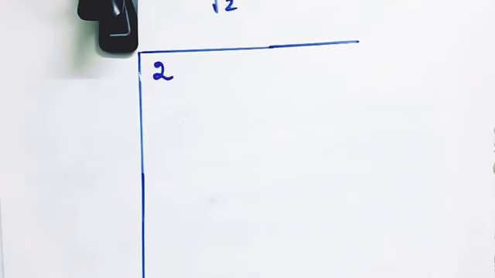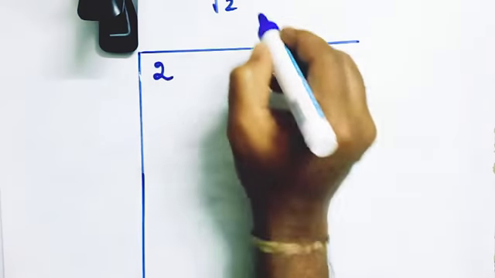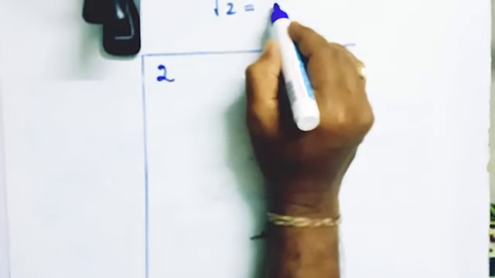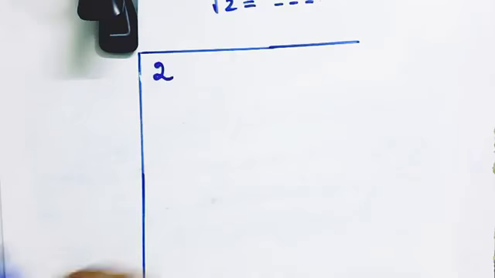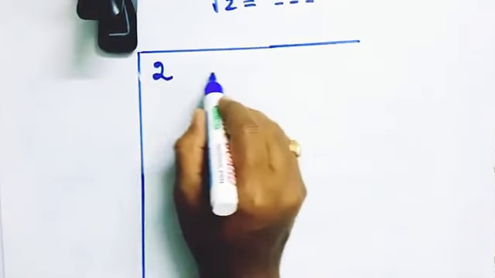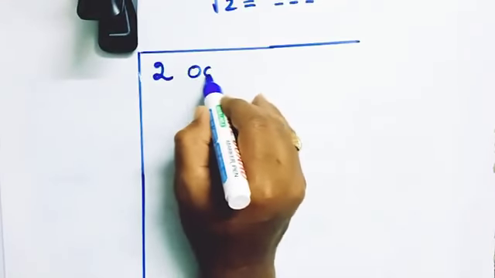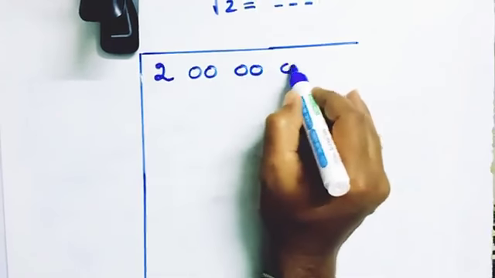Already we know root 2 is an irrational number. Now we are going to find the decimal value for this root 2 by using the long division method. Here I'm explaining how to find the root 2 value up to 3 decimal places. For three decimal places, we don't have decimal places here, so you should take 3 pairs. If you want 4 decimal places, you should take one more pair.